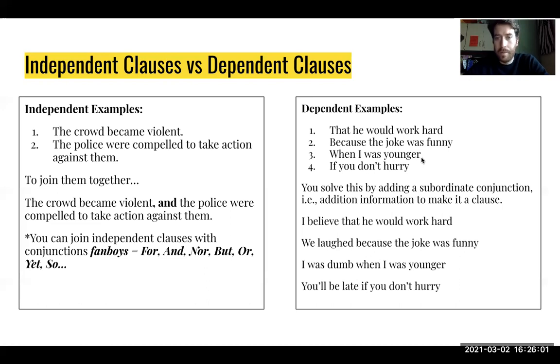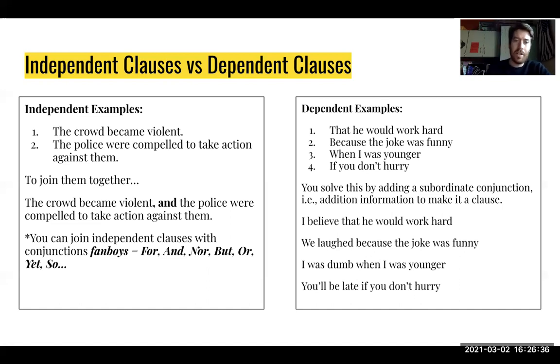When I was younger. And this one's really clear. Third example, when I was younger. That one's really clear because you can really detect that there is no verb. There's no action word. When I was younger, what? What happened? What is the action or the verb phrase that is in this? And there isn't one. If you don't hurry. So this one's a little bit harder to understand because we do see that verb phrase, hurry, which is an action word. So when you have dependent examples or incomplete clauses, you can solve it by adding a subordinating conjunction,